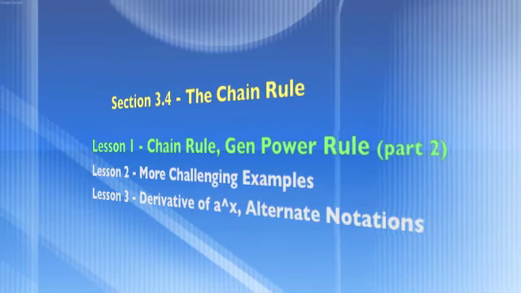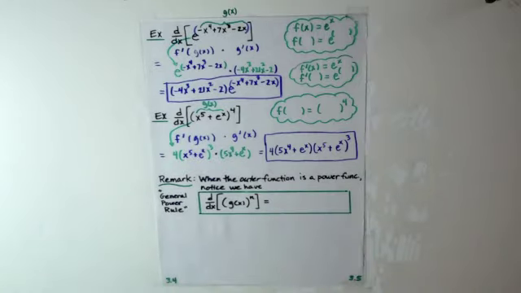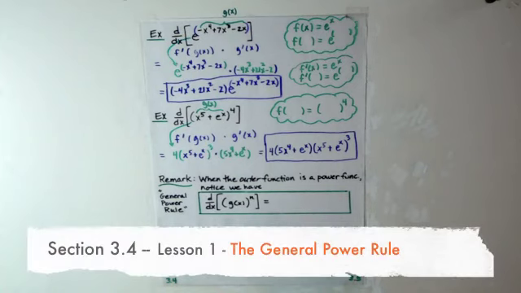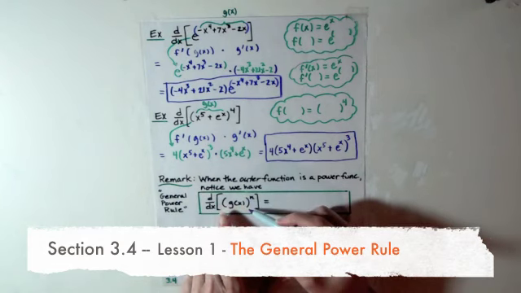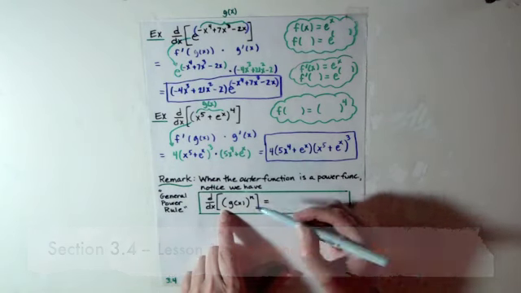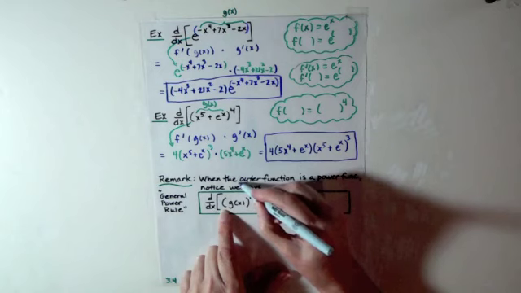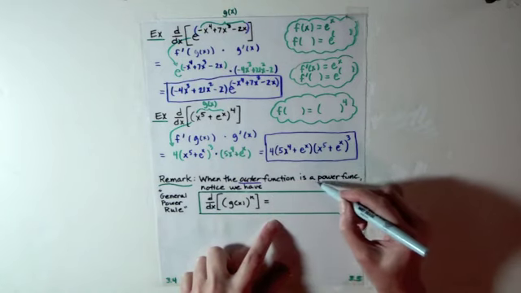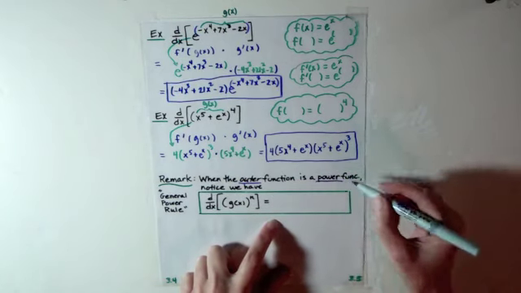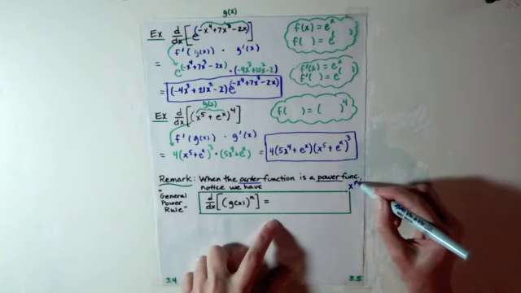Part 2. I want to make a remark. When I use the chain rule, I just think chain rule each time. I think derivative of the outer evaluated at the inner times derivative of the inner. But there is a special case that leads to a special rule in the circumstance where your outer function is a power function. So when the outer function is a power function, such as x to the n, where n